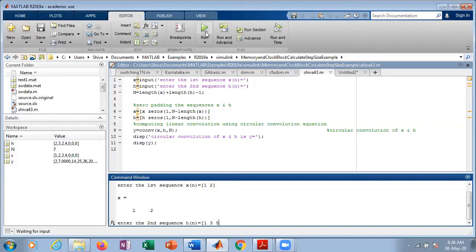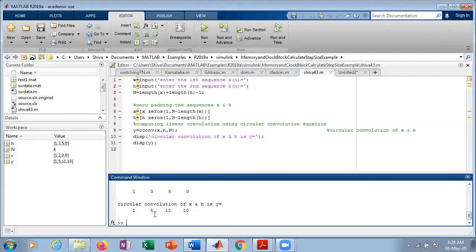So the first sequence length is 2 and the second sequence length is 3. Both are not equal, but still you can see 3 plus 2 is 5, 5 minus 1, the total length is 4. The output is 1, 5, 11 and 10.